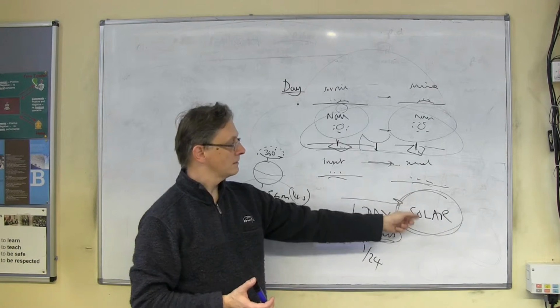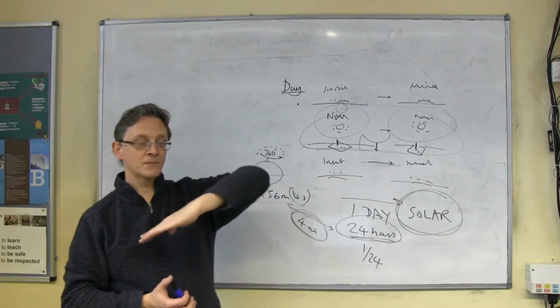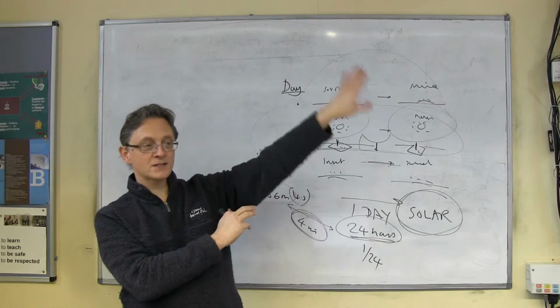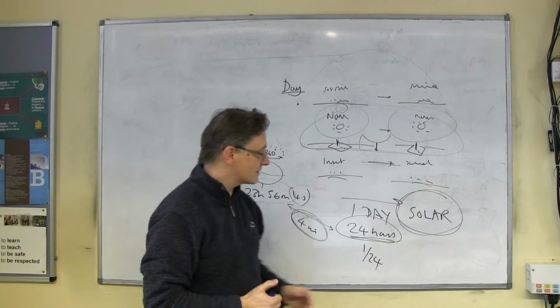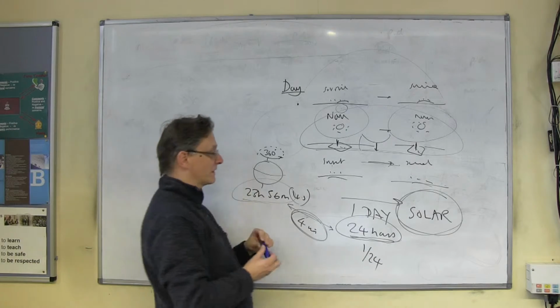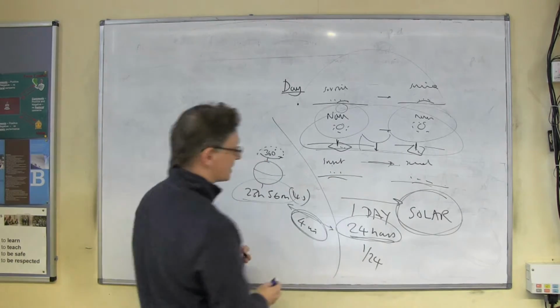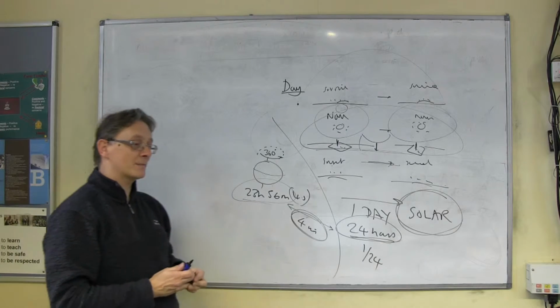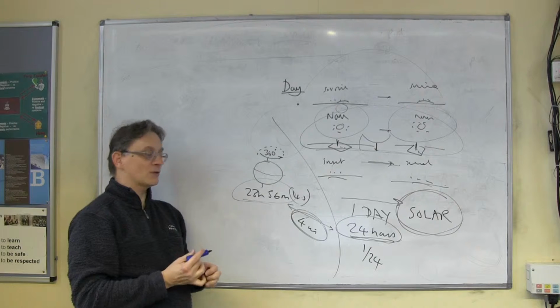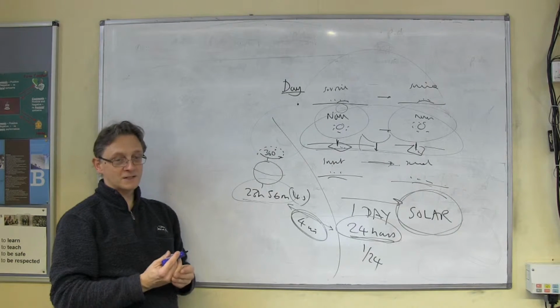The first suggestion, the time for the sun to return to the same place in the sky, is 24 hours, because we define the hour to be a 24th of that. The mystery one is this one. That isn't the time it takes the Earth to spin. The Earth to do a 360 spin does not take 24 hours. It takes 23 hours and 56 minutes.